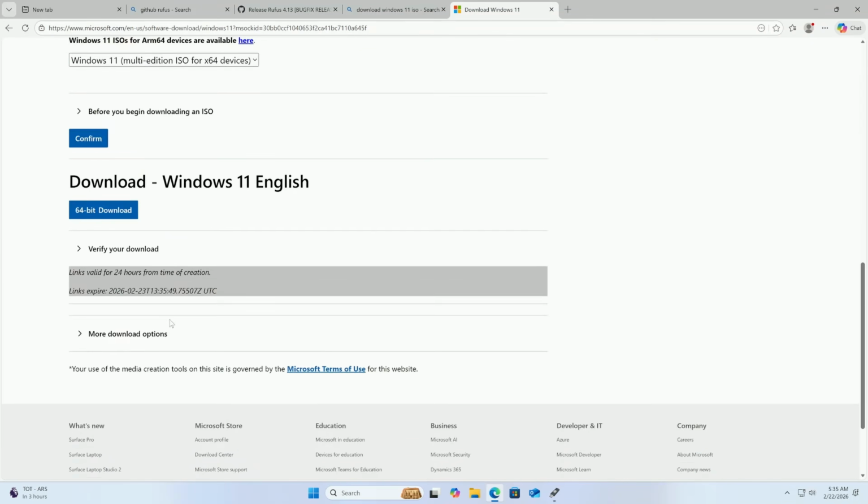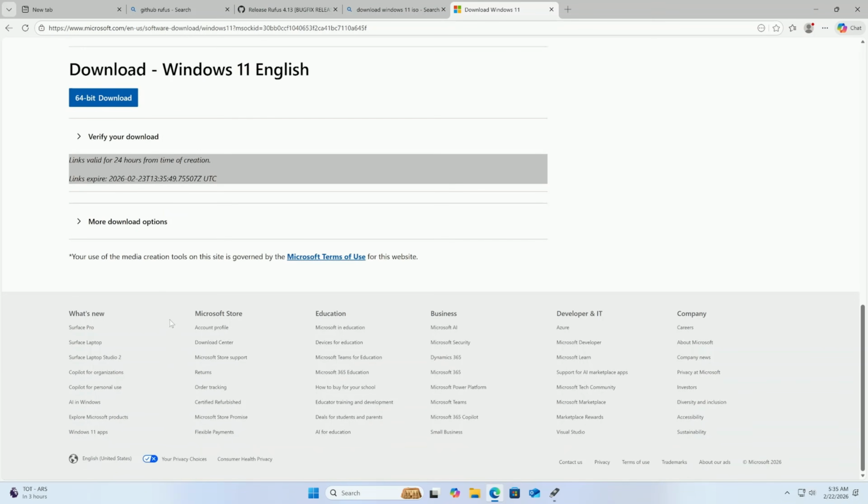Validates. And then finally, click the Download Windows 11 English 64-bit button, and that will start the download. It takes a few minutes to download the Windows ISO. Okay, as we wrap up the download,